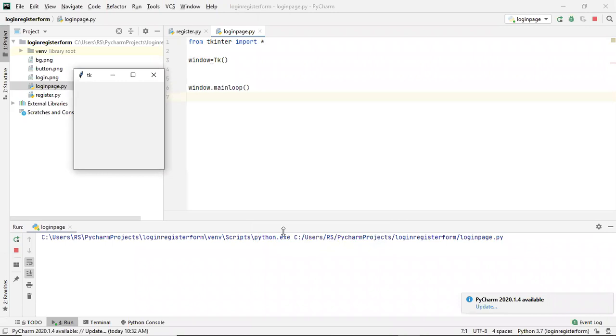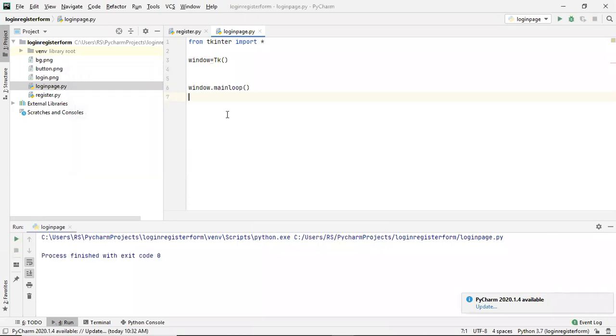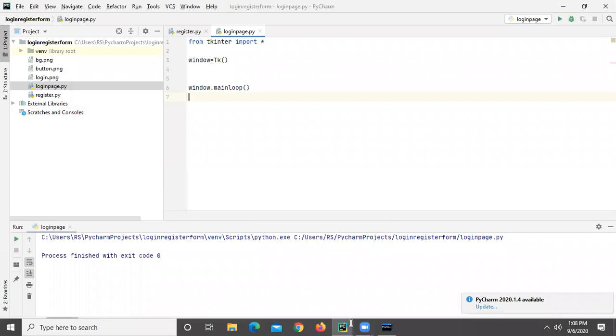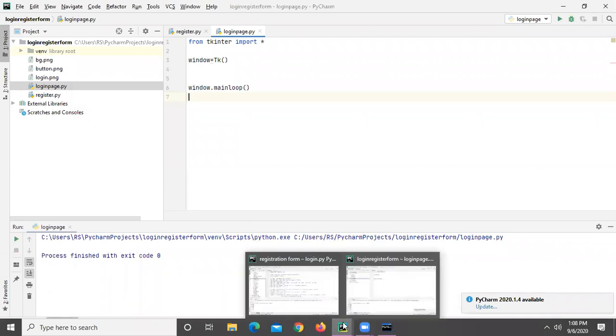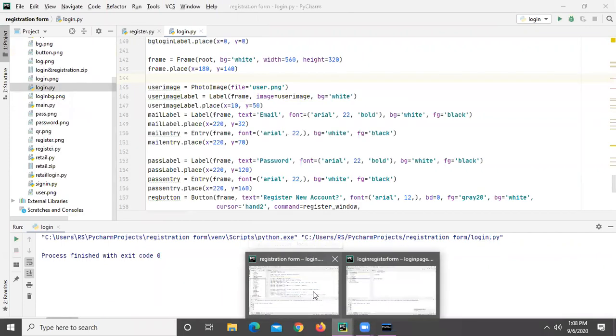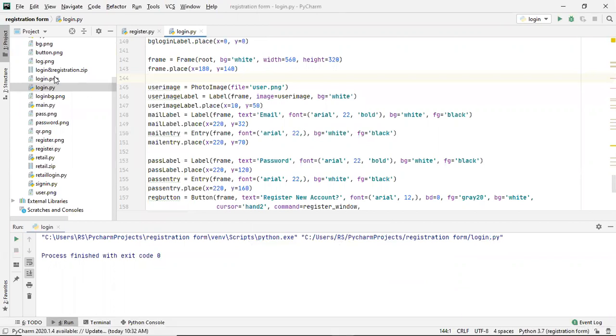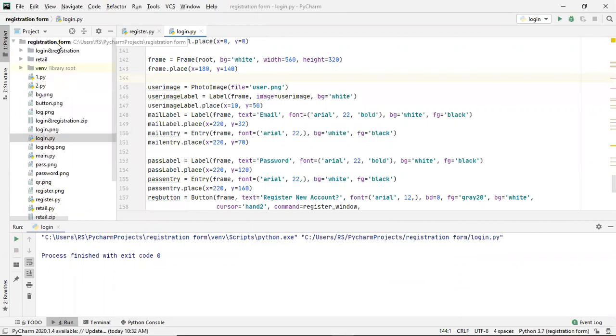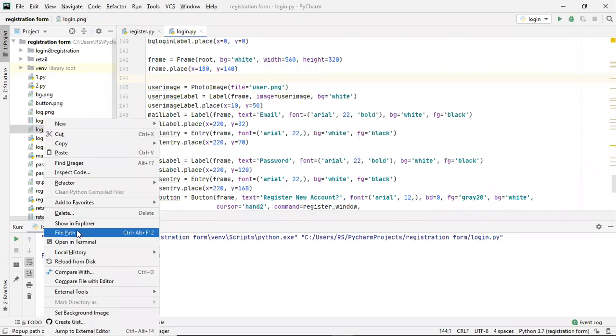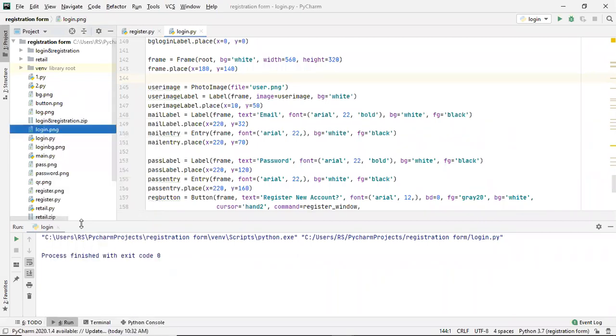Okay, if you see, we have a window now. Now the next thing is we need to fix the size of it, and also we need a few images that we will be requiring. So what I'm going to do here, I'm going to go to my project, the source code. You guys also can go to that particular source code and then right click and just open that in Explorer. Maybe you must be having that particular folder somewhere in your directory.